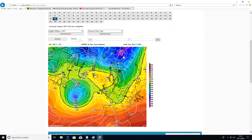And I guess we're on Sunday now, and the UK is almost in a cold pattern with low pressure on one side, high pressure on the other, so quite a slack pattern. But this is the whole thing I was talking about, the possibility of an Atlantic front coming into the cold air that's already been established over the UK. This is not really a coherent front. I imagine there's some kind of occluded front going on over here, so no real snow on that, but depending on how this low pressure comes into the cold, there's always a possibility of some kind of snow event